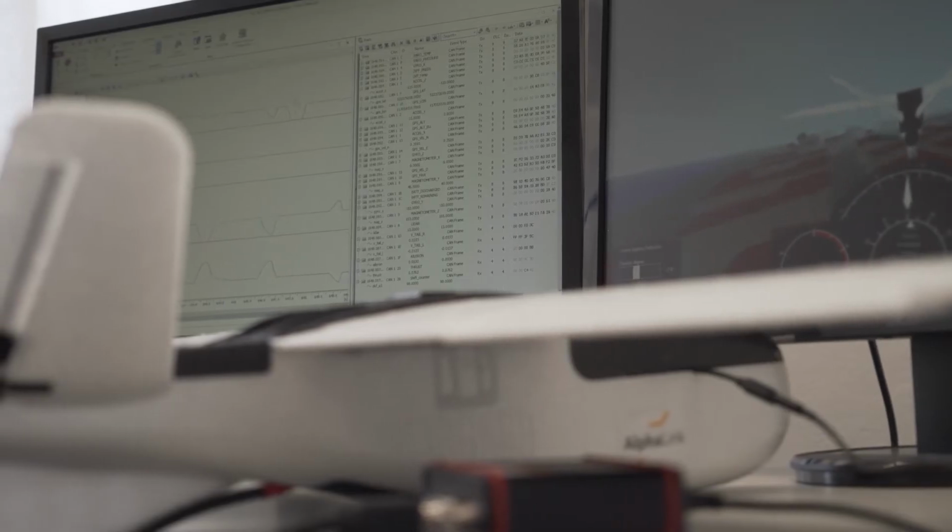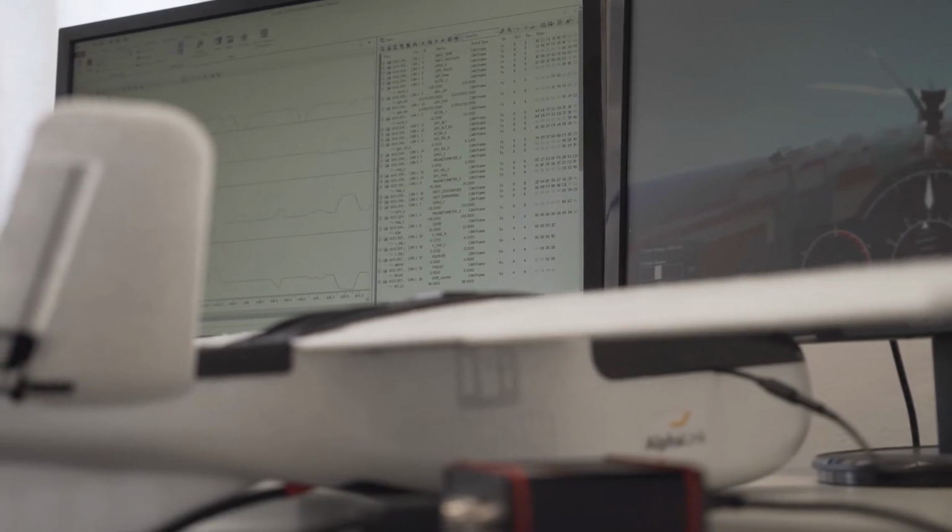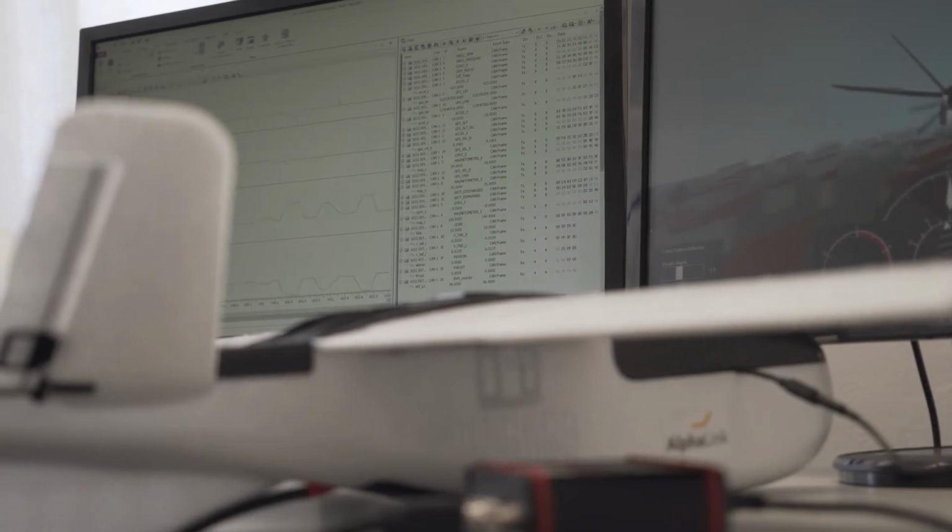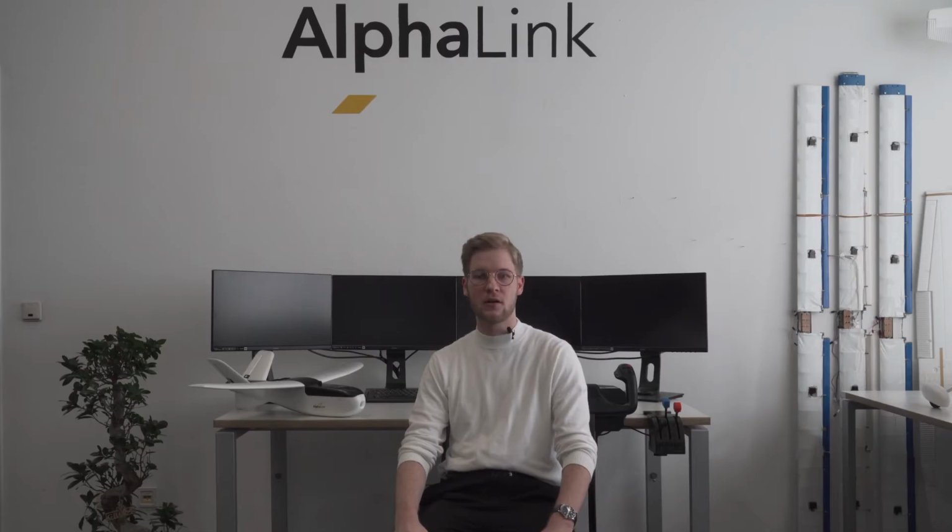In hardware-in-the-loop testing, the movement of the aircraft, the environment, and the sensors and actuators are replaced by a mathematical model. All other systems of the aircraft are tested in real life. AlphaLink Engineering, in cooperation with Vector Informatik, has developed a hardware-in-the-loop simulator that can be used for Pixhawk flight control